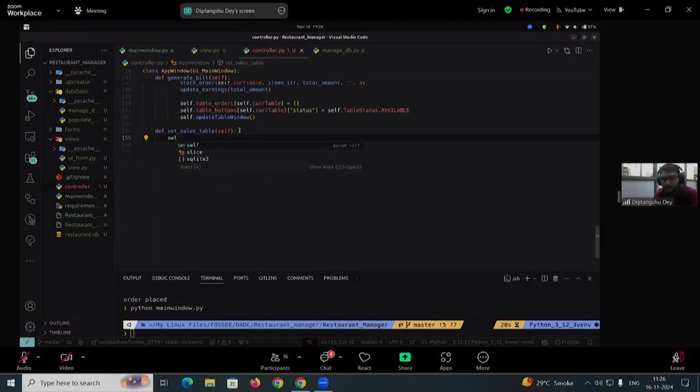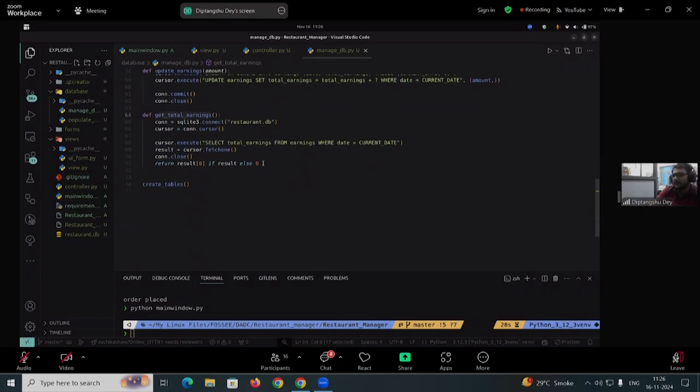So here, once again, self.sales_model equal to get_sales_model. This method will basically define and fetch the data from our SQLite database, and make the model that will be fed into our table later on. Since this concerns the backend, the database, we are going to define this function inside our managedb file. So right here,